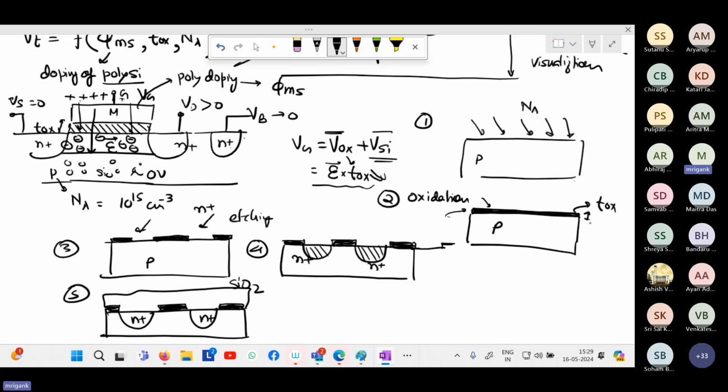So this has to be very precisely controlled: for how much time you are oxidizing it, at what temperature you are oxidizing it, and also other parameters like doping, etc. will also influence the rate of oxidation. So all that will decide the oxide thickness and in turn the threshold voltage. And now once you have the field oxide, you have covered this entire thing with field oxide. If you have to take the contact, how will you take the contact? Again, you have to etch open some of the region. So suppose now you want to have a source, drain, and gate contact open. So now you will create basically,